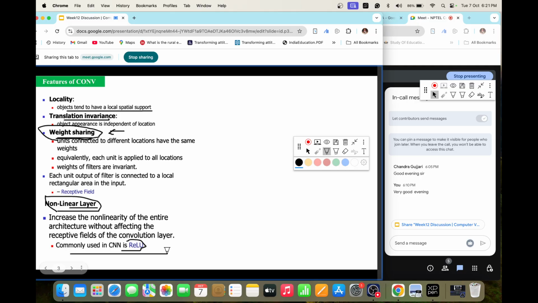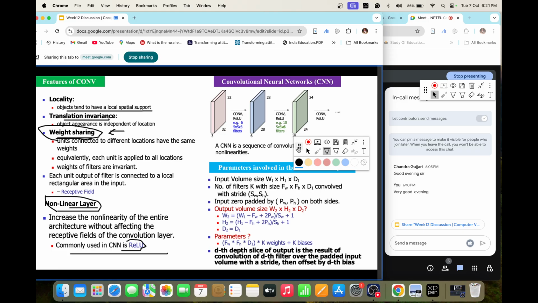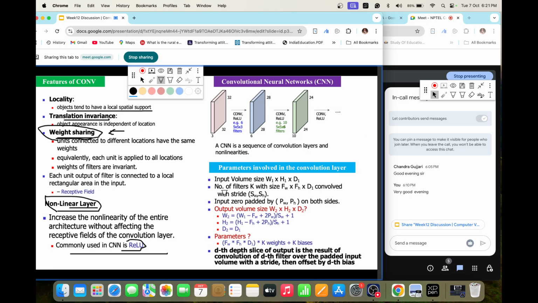Commonly we use this ReLU function. So that is some of the features of this convolution. So this is the most important thing that will definitely be very important from your exam point of view, that is to calculate the output volume of your